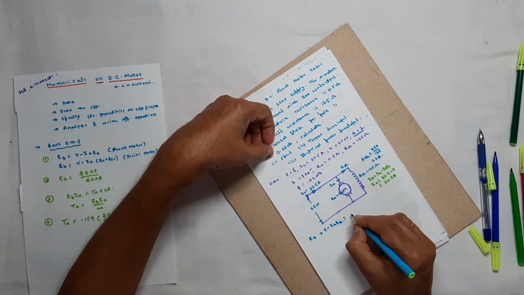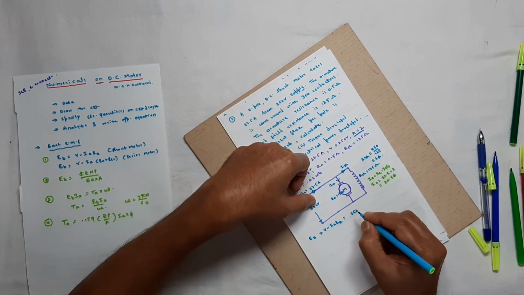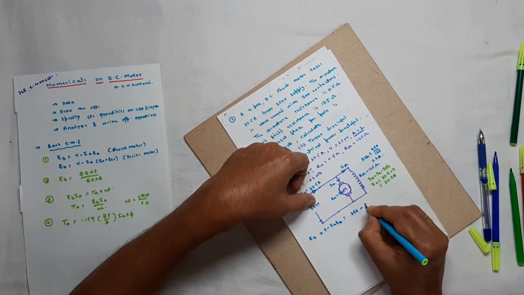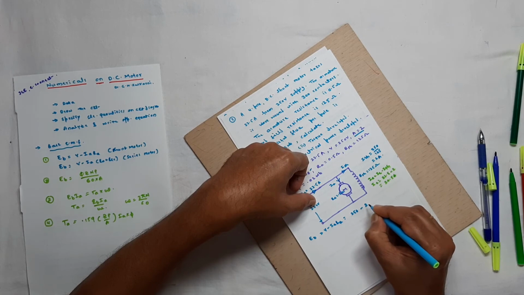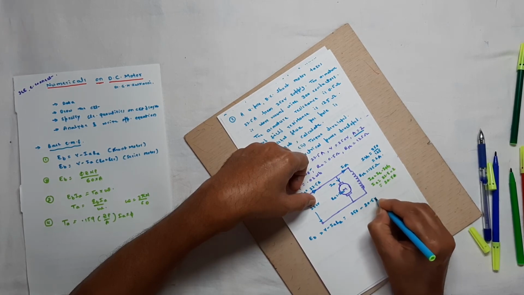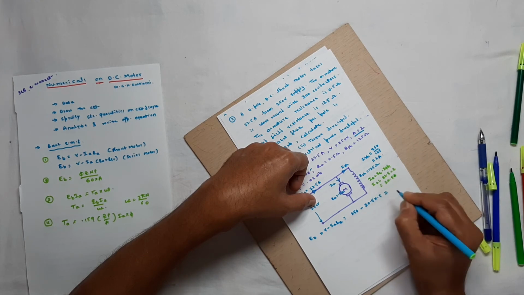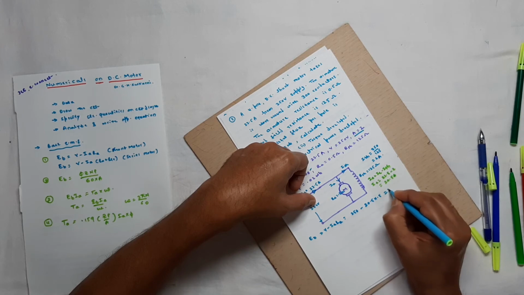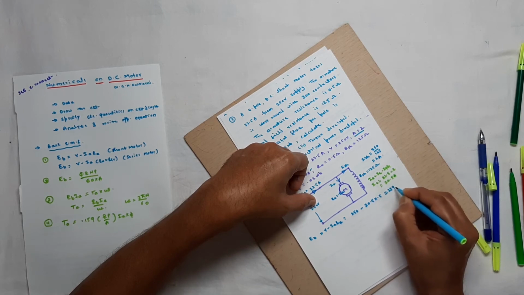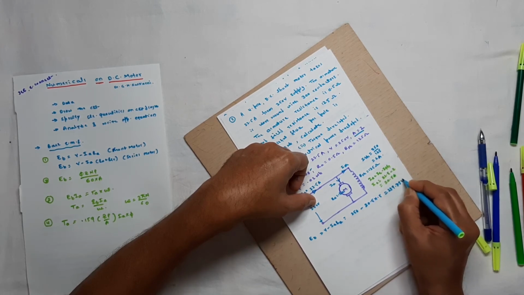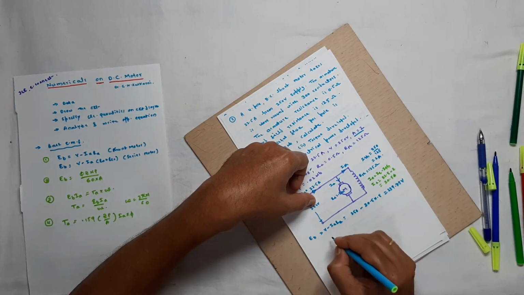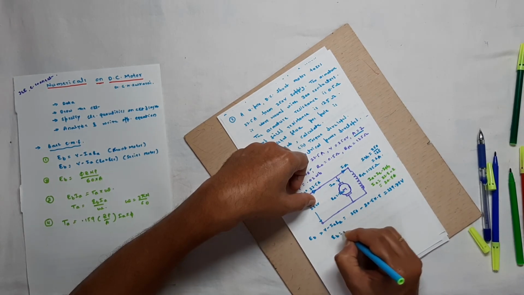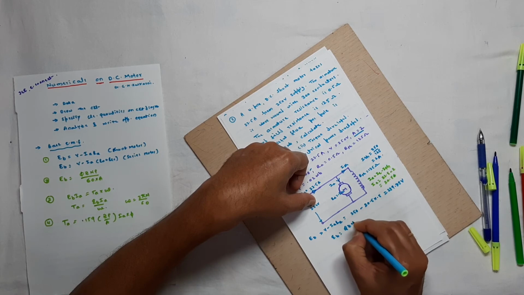That is equal to 250, that is V is 250, IA is 20.5, RA is 0.5. Therefore, the back EMF EB, what we are getting here is 239.75 volts. Once again, you have to make use of the formula EB is equal to phi Z NP by 60 into A.